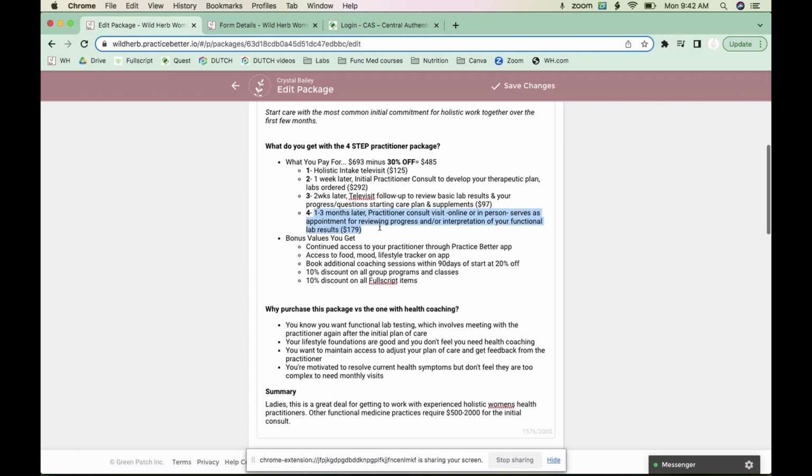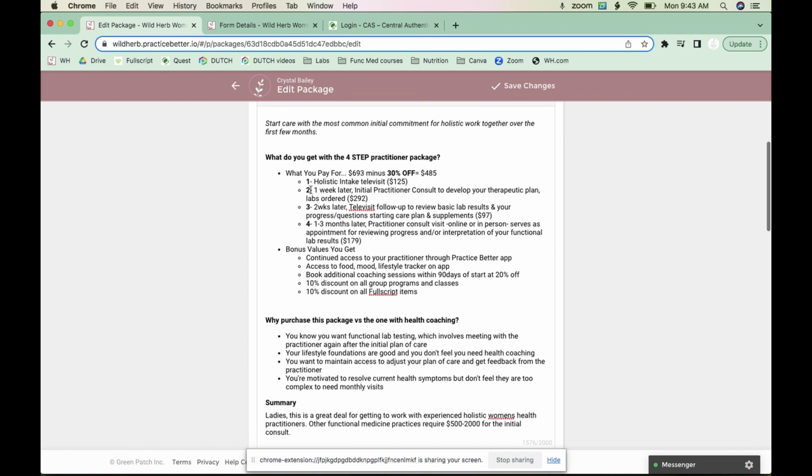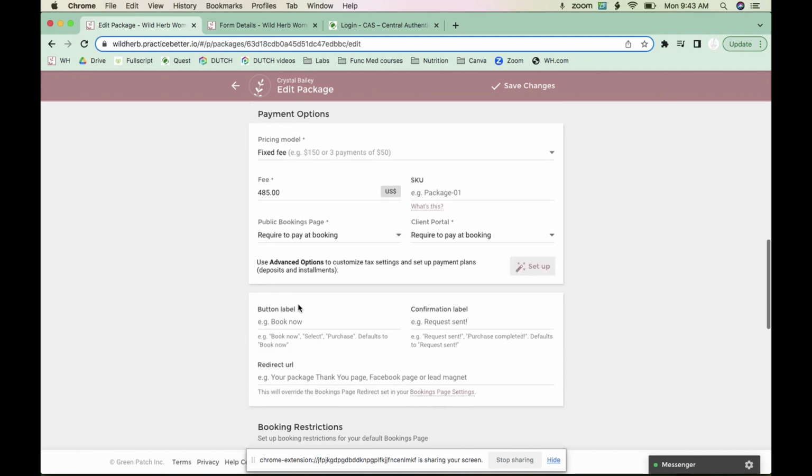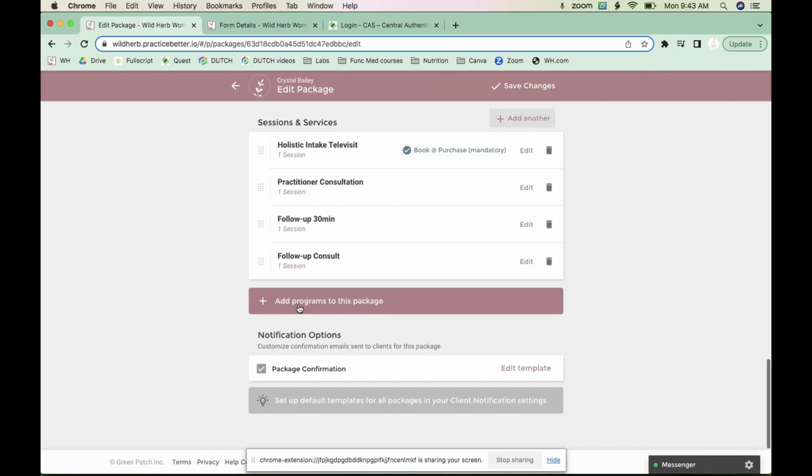I have another package that has health coaching in it. And this way I'm able to set a rate. My current rate for practitioners is $195 an hour, and that is reflected in this. And then I'm able to show them that they're getting 30% off by booking all of this together, which is essentially working together for probably a four-month kind of thing, which means that the payment plan option that I give them,